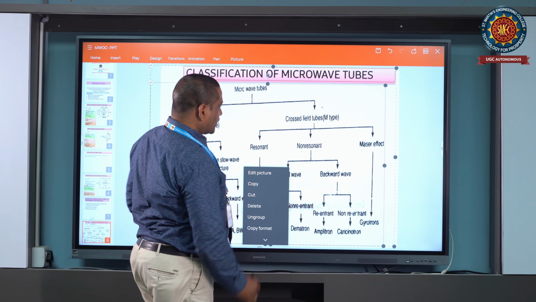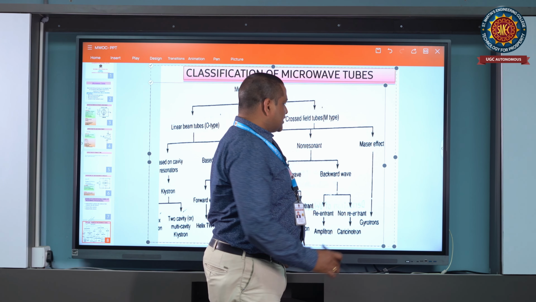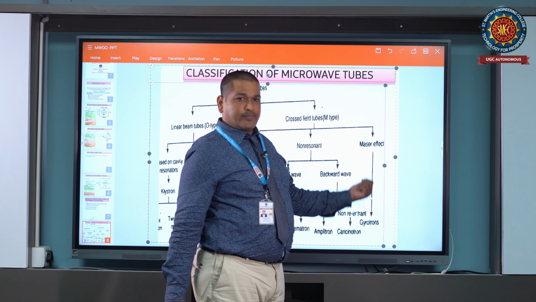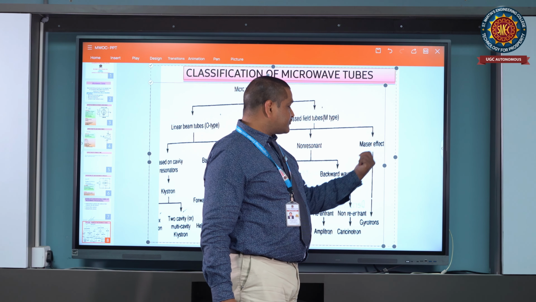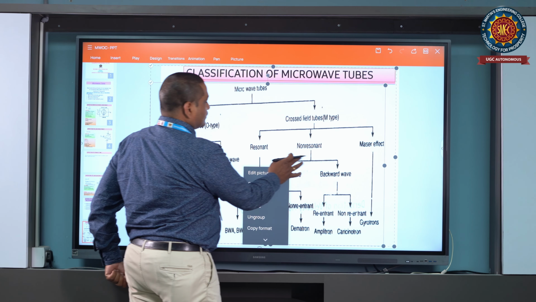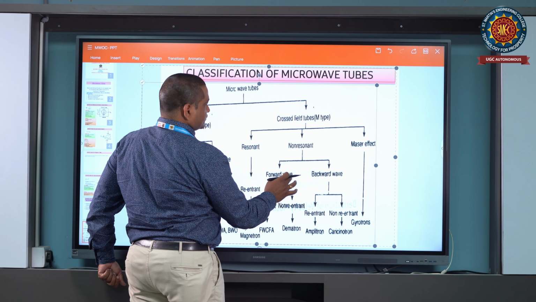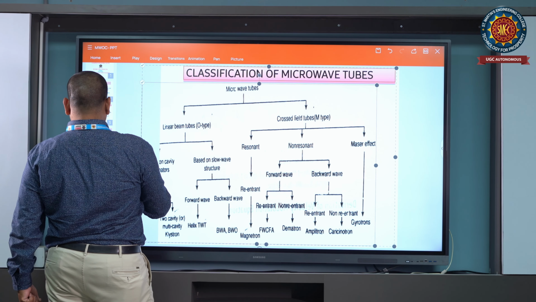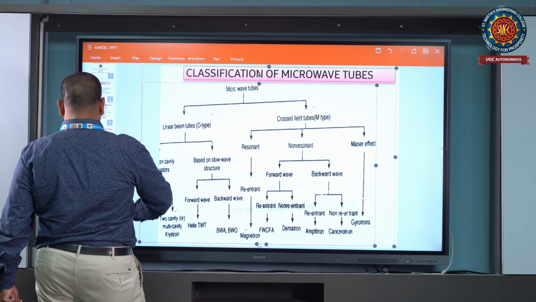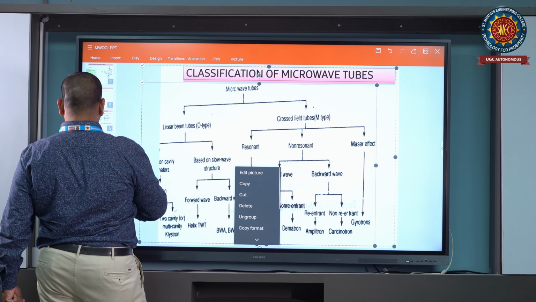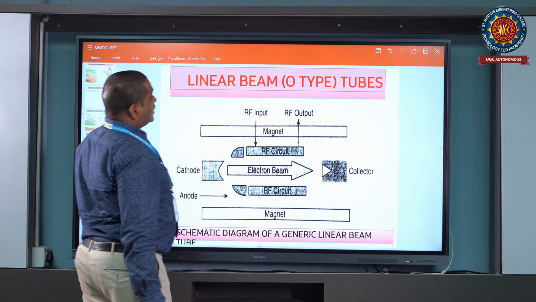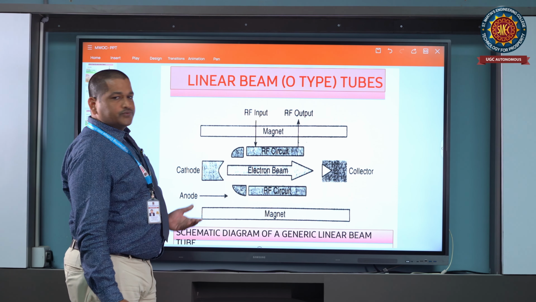So the next one is maser. The device which depends on this principle is called the gyrotron. The next principle we will see is the O-type tubes,